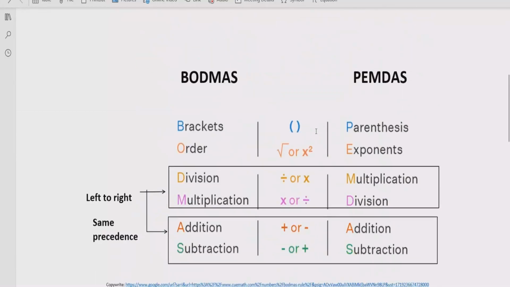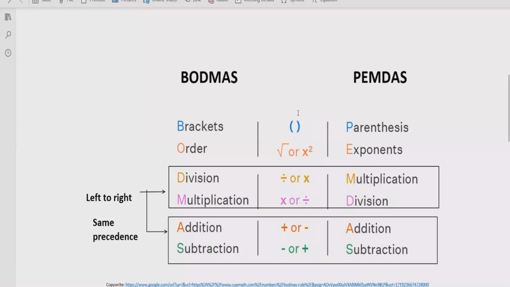Now, just recall what the PEMDAS rules are which we can follow to solve the arithmetic expression. The rule says if your expression contains any bracket or parenthesis, you have to solve that part first in your expression. After the bracket, you have to see the power of any number. If your expression contains any number which has a power, you have to solve that part first in your expression. Step number 3, you have to